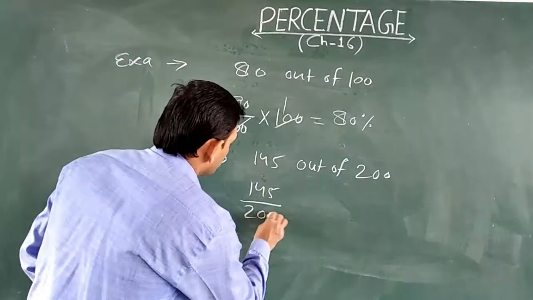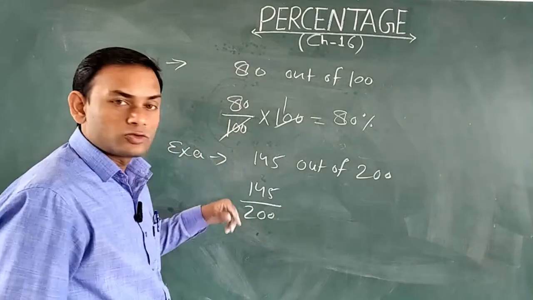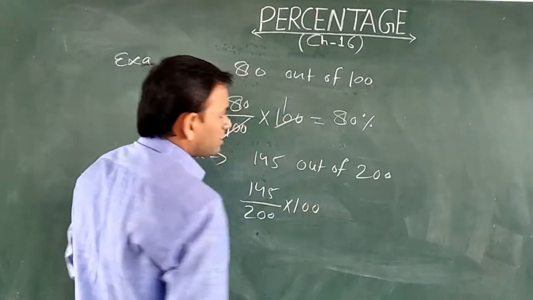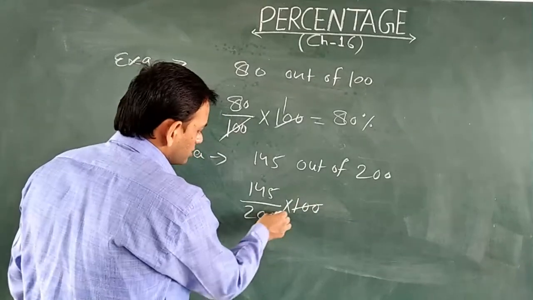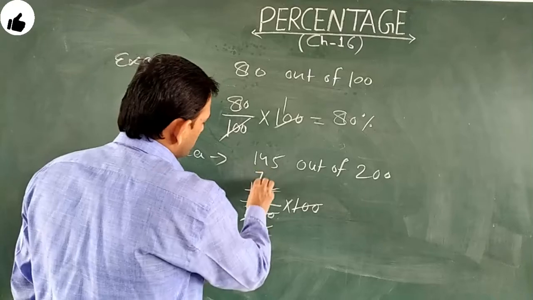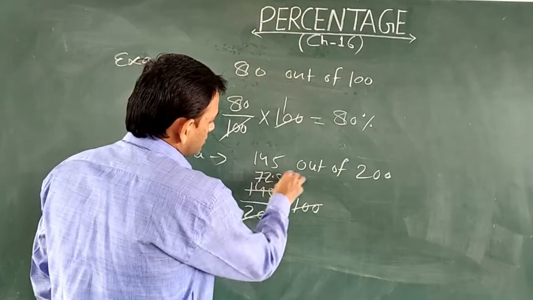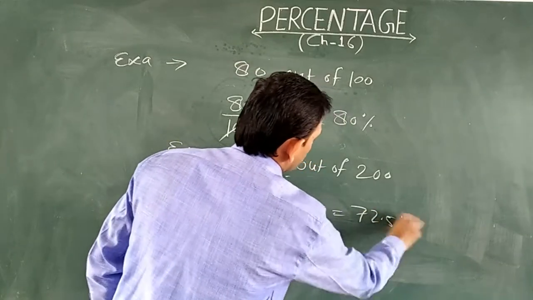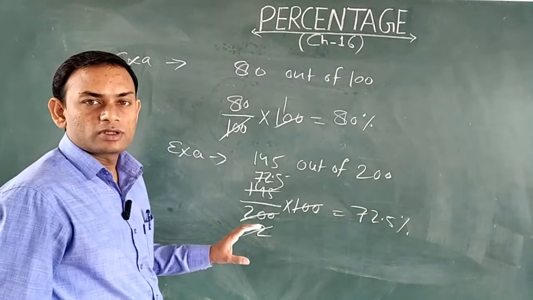And we will make the fraction. Now it is the fraction. And I told you how to convert the fraction into the percentage by multiplying by 100. I told you the conversion. So it will be 145 times 100 over 200, and when you cut it, 2 7s are 14, 2 4s are 8 and 0.25. It means we have got 72.5% marks. Okay. So in this way you can find out the things.